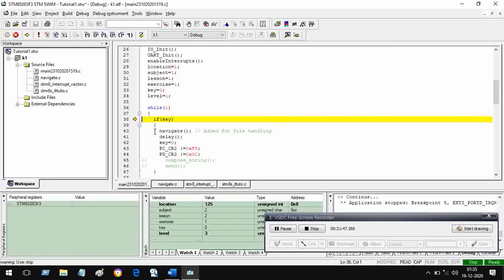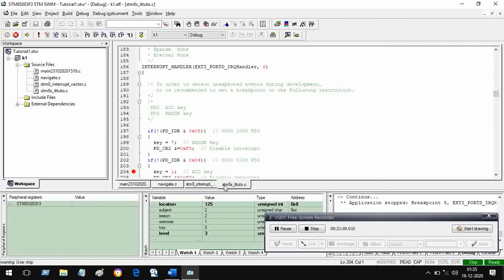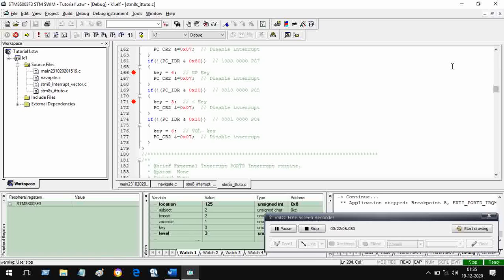So what we have done is we have added this delay here. We have made the key 0, but we had done it earlier also. Here is what we had done. We have enabled. We had disabled here. We had disabled the interrupts. This has disabled PD interrupt, and this has disabled PC interrupt. That is what we had done. So check the key and assign the value to KEY key, and then disable the interrupt. This we did in the interrupt service routine.